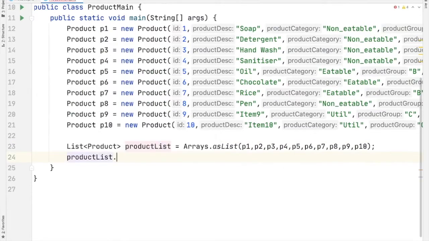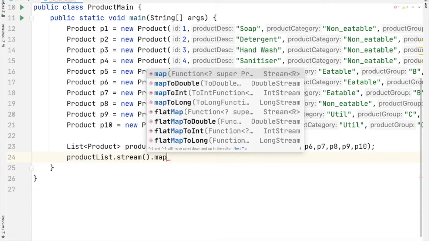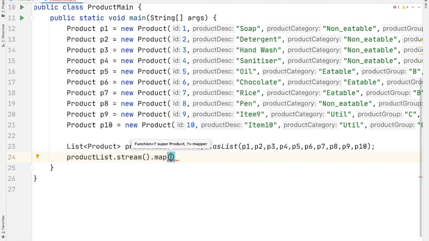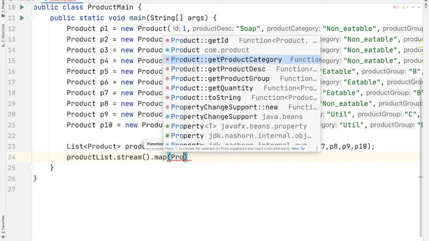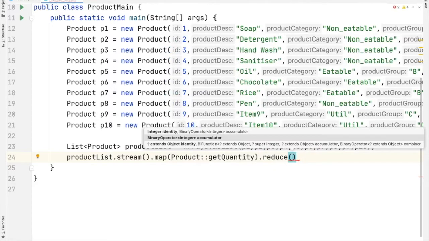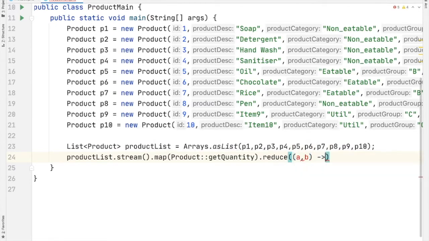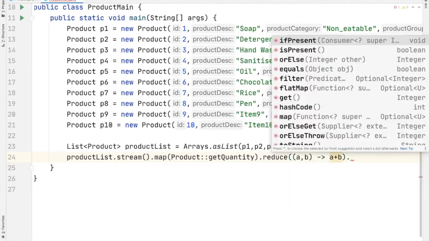Product list dot stream dot map is used to fetch the quantity from the product list. Product of get quantity. Next comes the reduce method, reduce. Here we will provide two parameters a comma b, lambda expression a plus b, and this will return an optional instance.